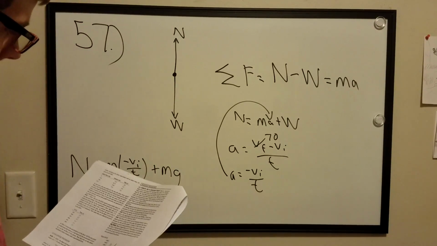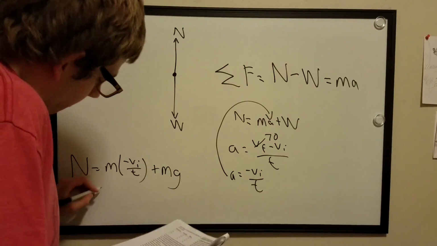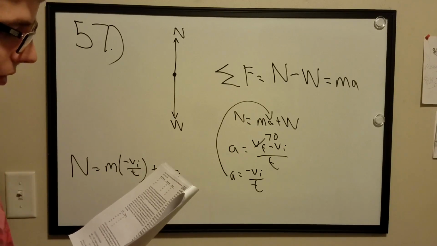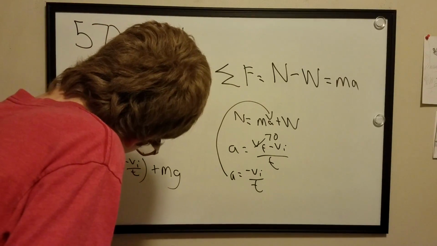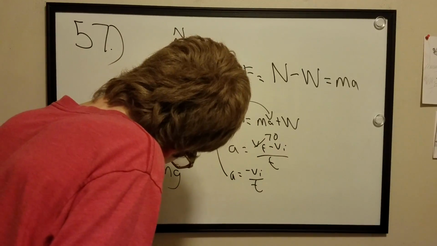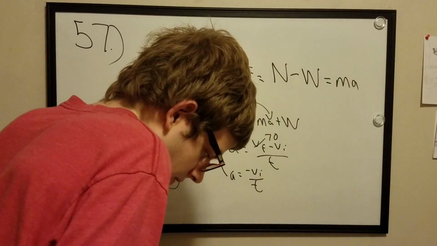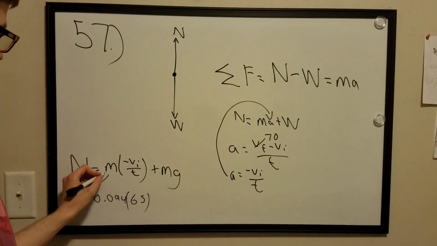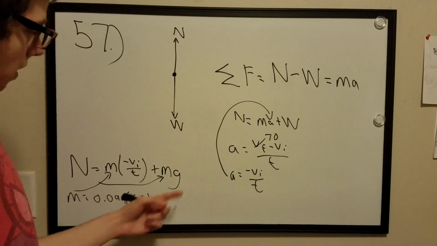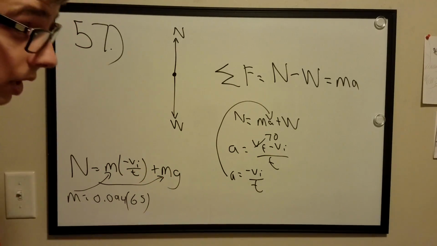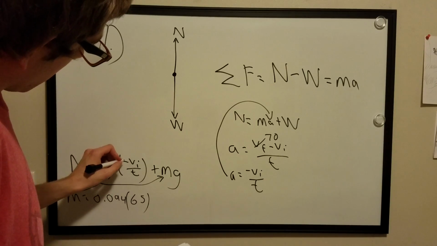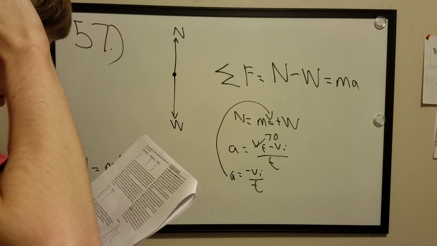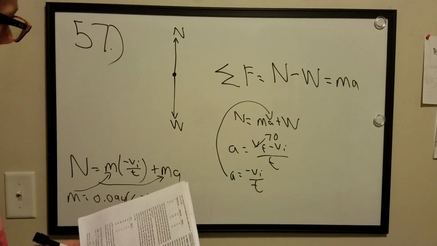Alright, so if we were to plug in our values, M is the mass of her head, which is 9.4% of a typical person's mass. So mass would be M equals 0.094 times 65 kilograms. So we'll plug this in for the mass values here. And g is 9.81 meters per second squared. And then vi over t, she decelerates from 4.0 meters per second to rest. So velocity is